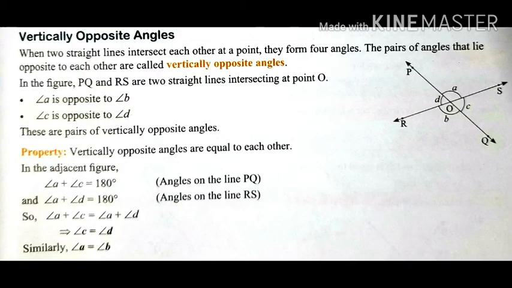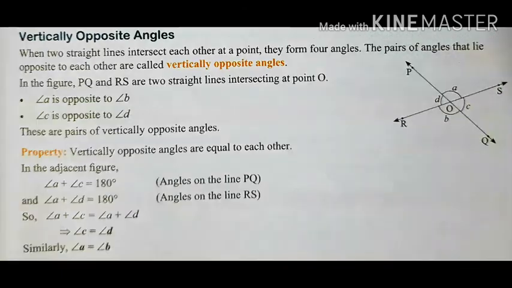Next is vertically opposite angles. When two straight lines intersect each other at a point, they form 4 angles. The pair of angles that lie opposite to each other are called vertically opposite angles. Here in the figure, PQ and RS are two lines intersecting each other at point O. If you look at this, opposite to A is B and opposite to C is D. But if you look at this, PRS is a straight line, and that means angle A plus D is 180 degree. Similarly on the other side, RS represents a straight line, and BC also represents a straight line, that is 180 degree. But when you add these, 180 plus 180 is 360 degree, so that means opposite angles are equal to